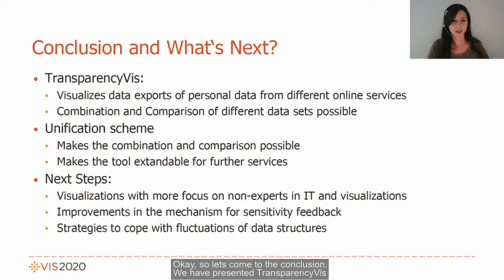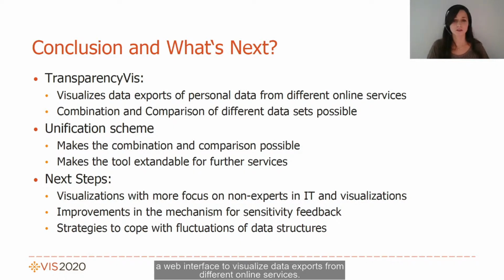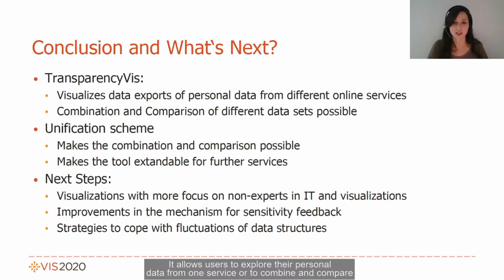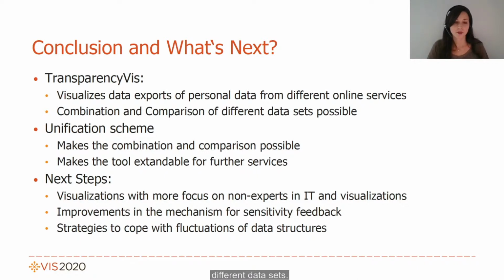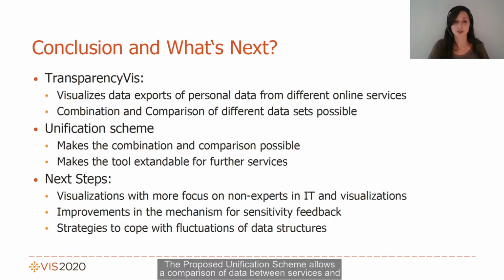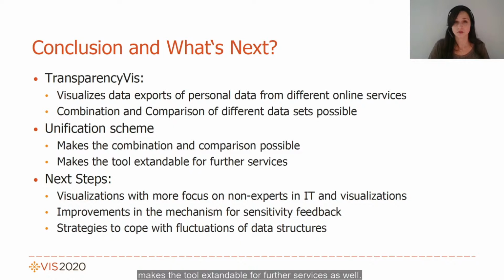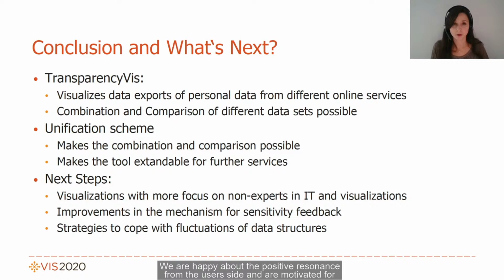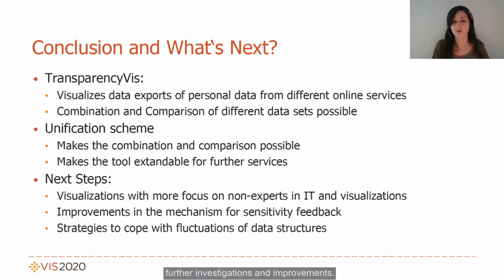Okay, so let's come to the conclusion. We have presented Transparency VIS, a web interface to visualize data exports from different online services. It allows users to explore the personal data from one service or to combine and compare different data sets. The proposed unification scheme allows a comparison of data between services and makes the tool extendable for further services as well. We are happy about the positive resonance from the user side and are motivated for further investigations